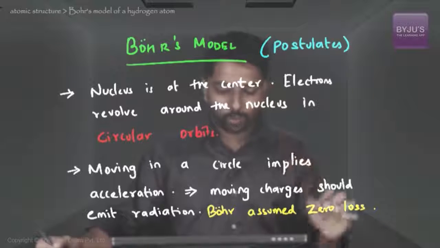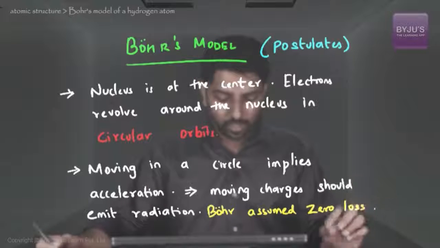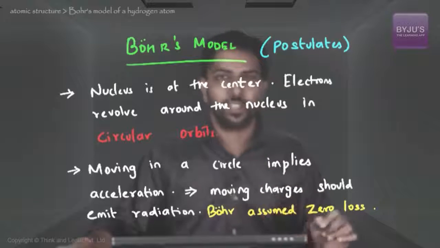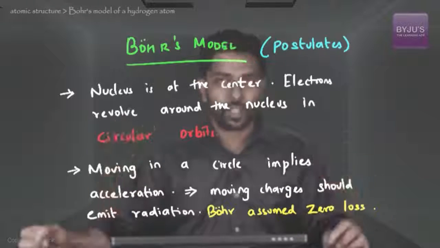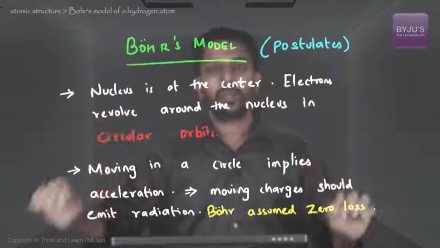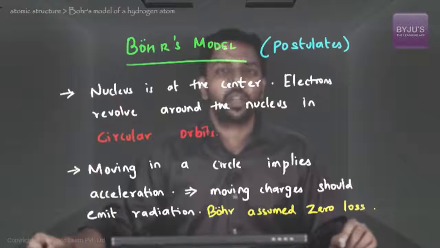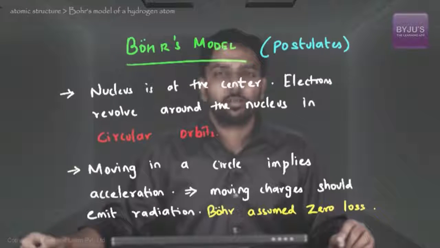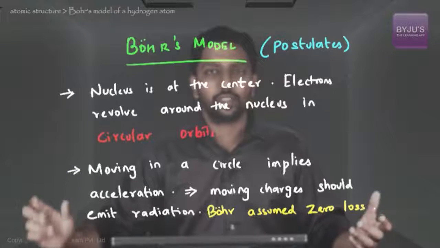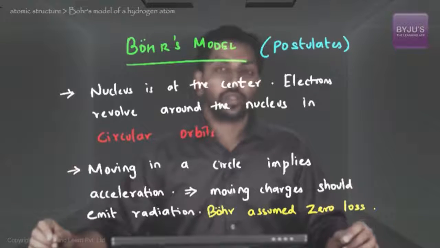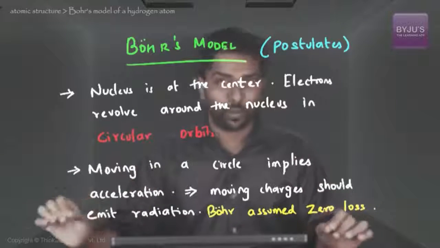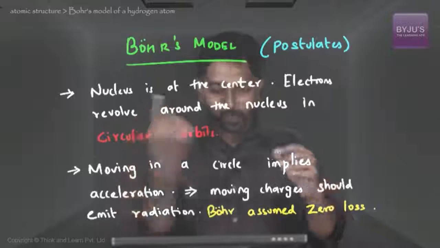Moving in a circular orbit, or moving in a circle, implies that the electrons are constantly changing direction. When they constantly change direction, you will learn in physics that though they may be traveling at the same speed, for instance, say the electron is moving at 80% of the speed of light, 0.8 c, may that be the speed of the electron, at that constant speed, if it is going in a circle,